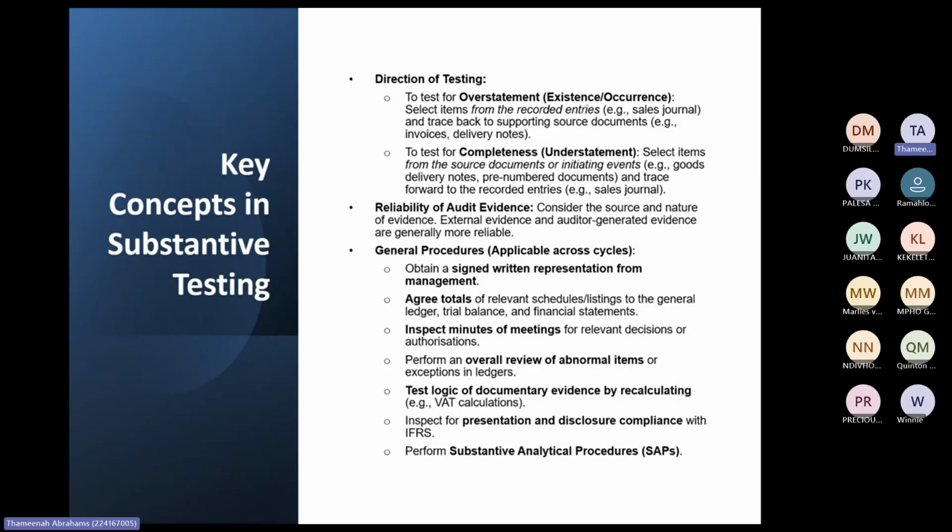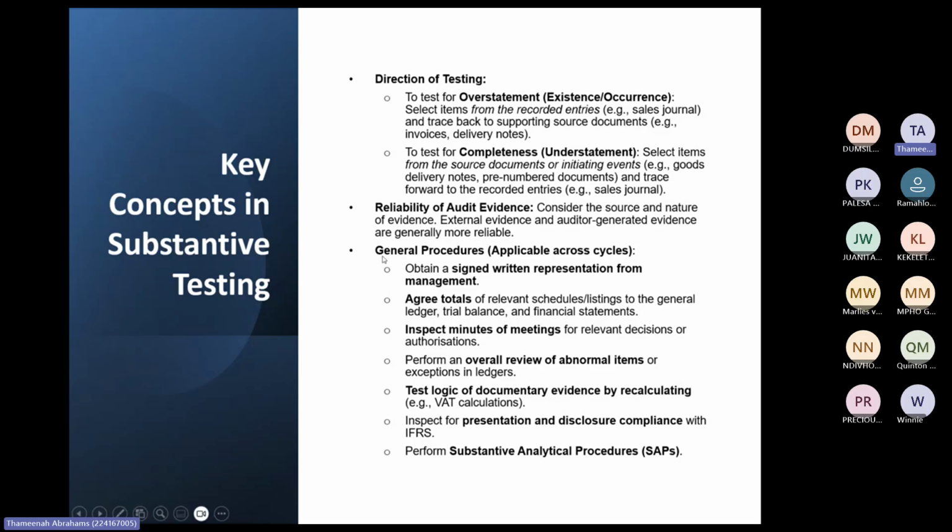Then furthermore, how you test whether there is occurrence for your revenue would be to inspect the bank statement to see whether monies were received from your customer for that specific invoice. Because that is even more reliable, because remember your bank statement is an external document also, or any third party documents like valuation reports and so forth. So any external documents or external confirmation, like from the banks, is seen as more reliable.